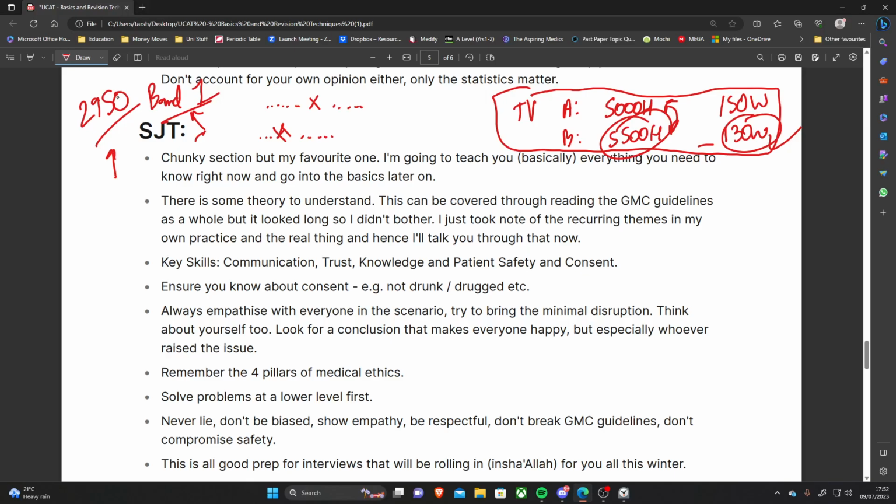It requires more learning. So it is a bit of a chunky section because there are quite a lot of questions, but to be honest, it's a nice way to cool down after your UCAT is finished. So this is just as important, of course, but it's a good way to cool down. There is some theory to understand in this section, and if you want to, you can read through the GMC